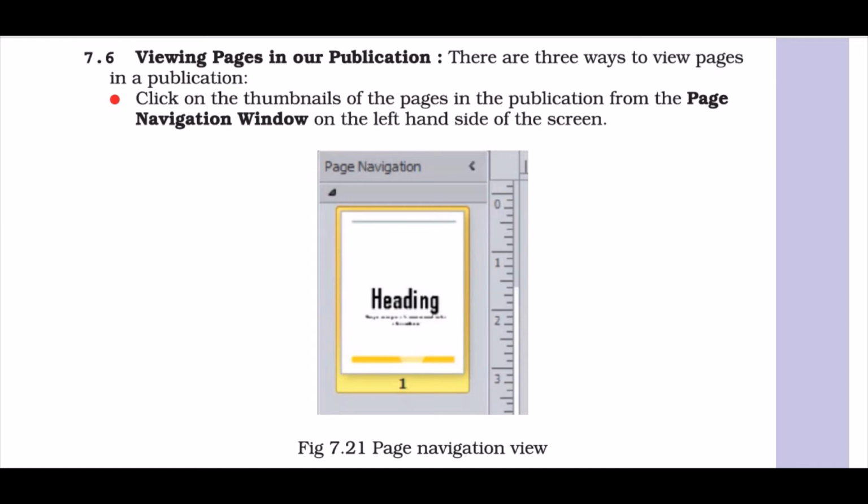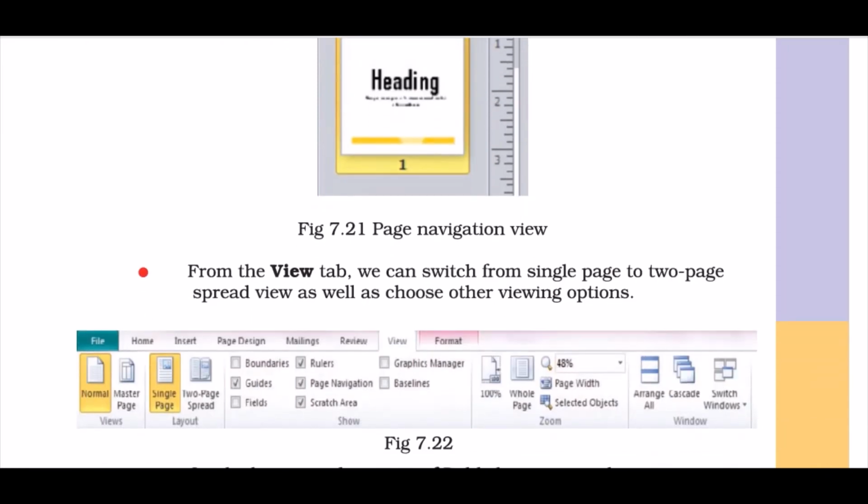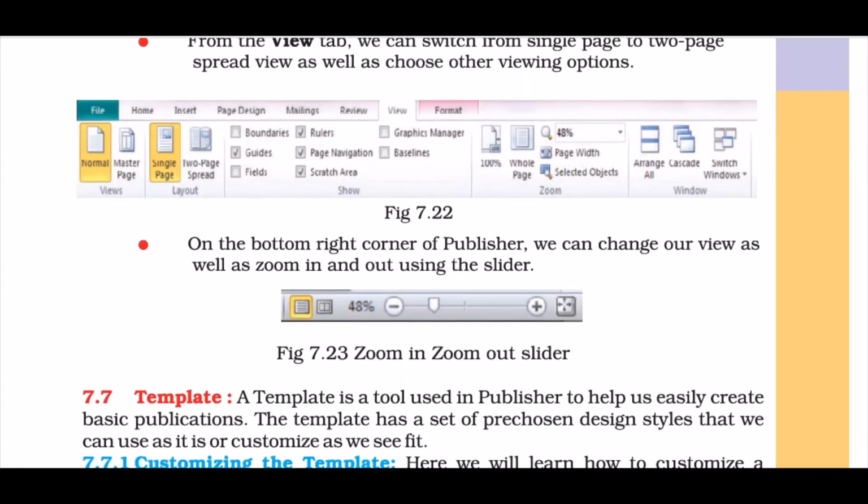Viewing a publication. Now you have saved. No, you haven't saved. You have to preview it first, or you can save it first as well. It'll be the same. You have to detail everything. The viewing option will give you the exact layout of how your document is going to be printed, and you can have the navigation window. You can open which kind of preview you need, at what percentage of zoom you want, what detail you want.